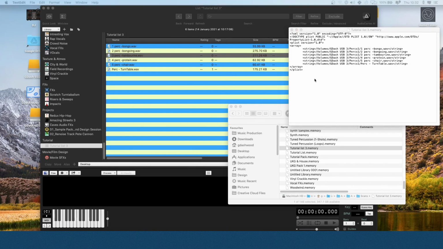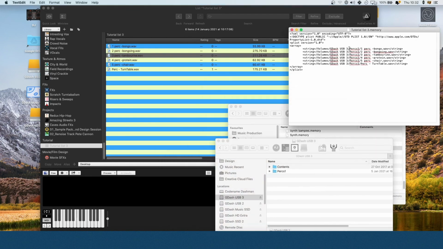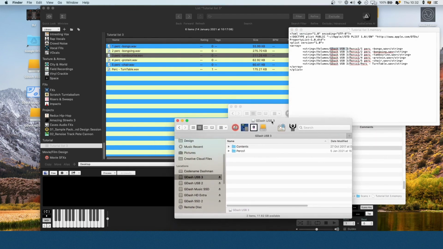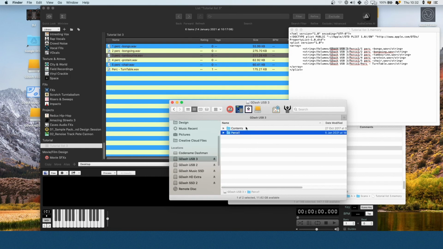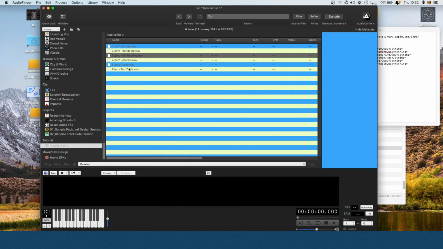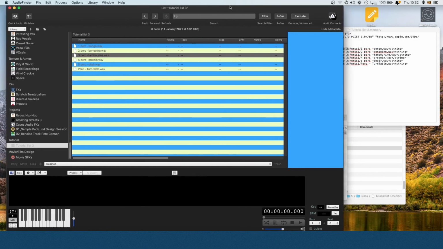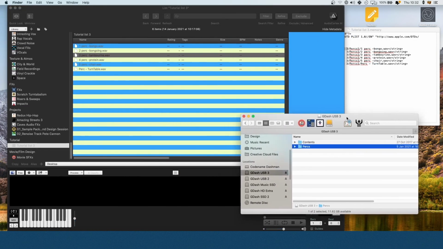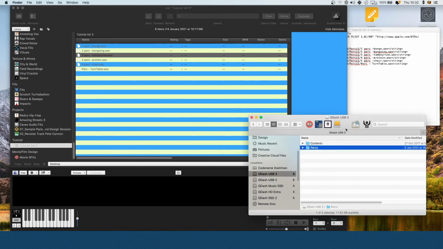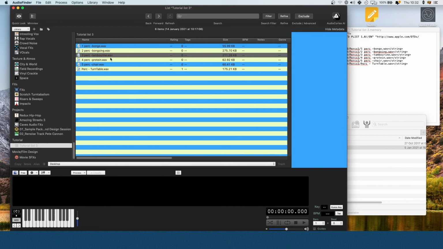Now, if I go to my USB 3, which is where I've got all these files stored, and I change the folder name, you can see now these will all get corrupted. So these files are now looking in the wrong place. Firstly, I'll show you if you actually just reconnect them to the correct name, they do actually come back to